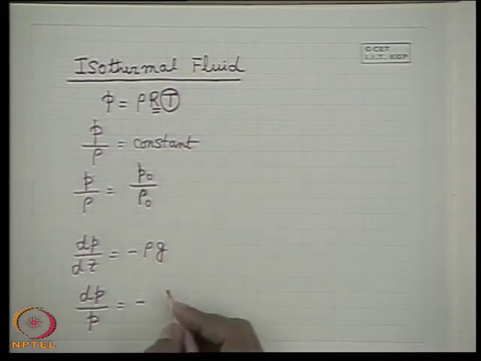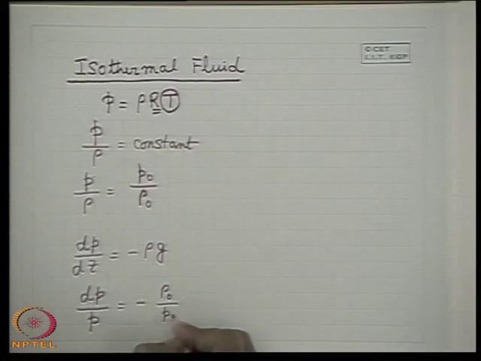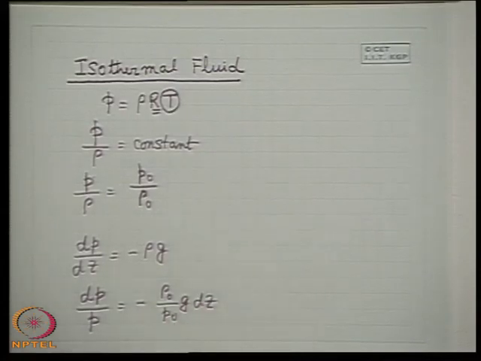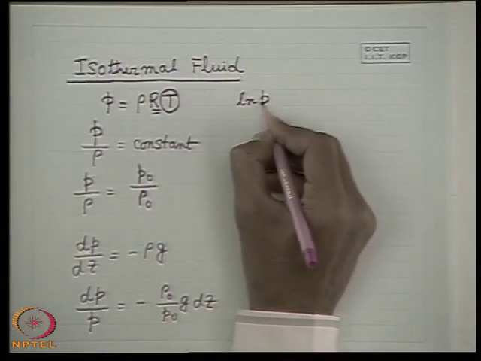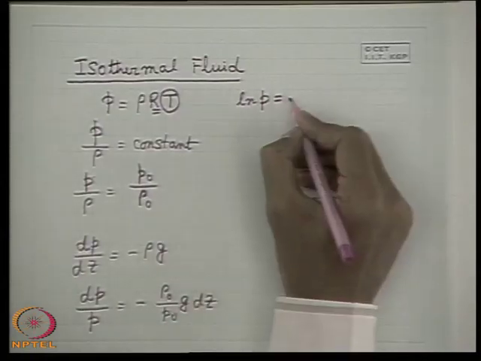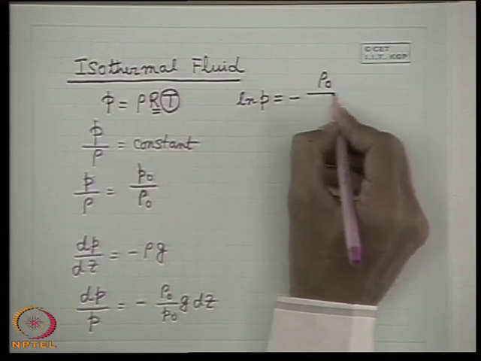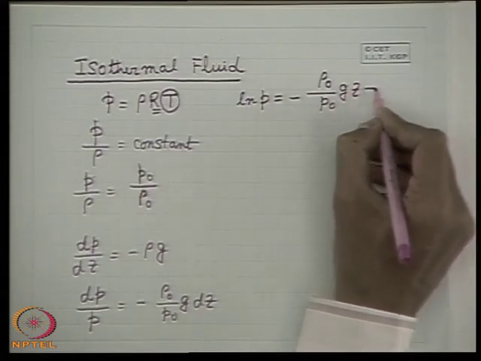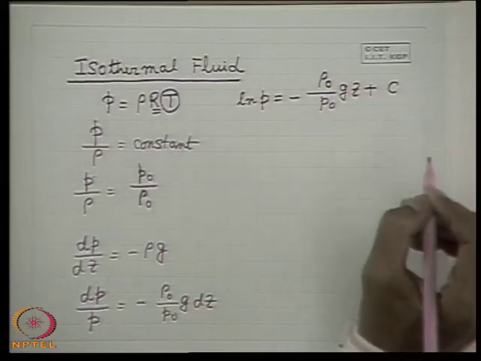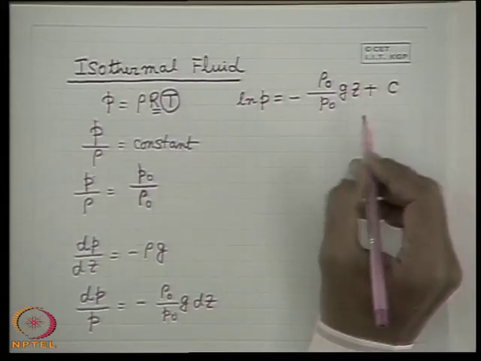Rho 0 by P0 g dz. All right. Now if we integrate this, we get ln P is equal to, very simple, rho 0 by P0 times g z. These are the constants defined by the reference state, plus some constant. Okay. This constant we can find